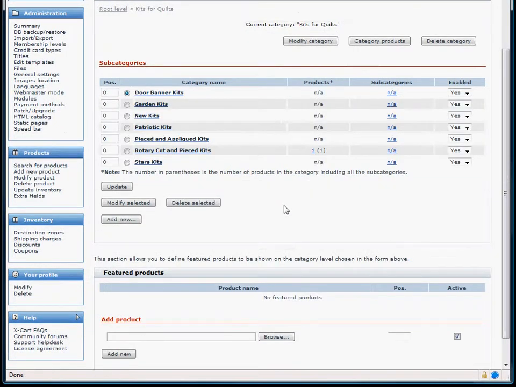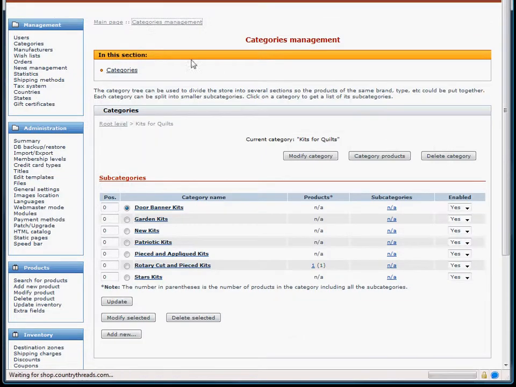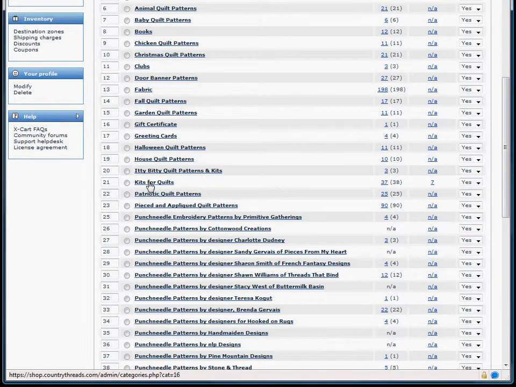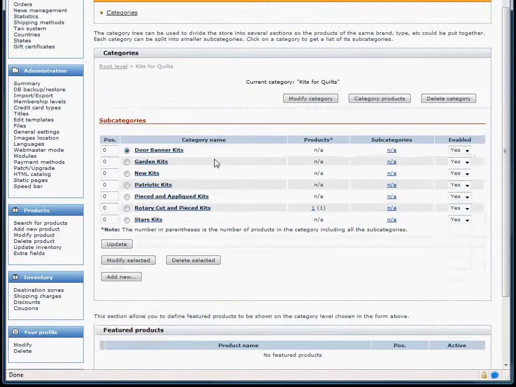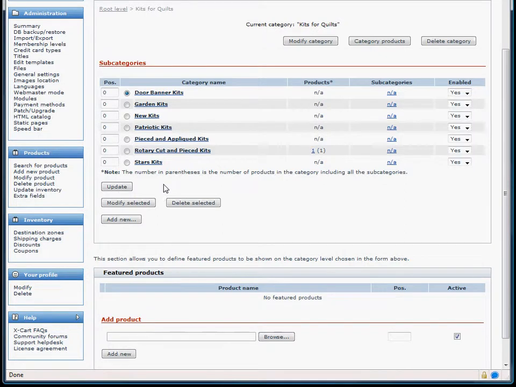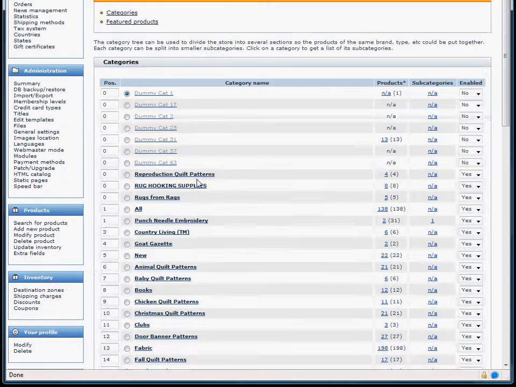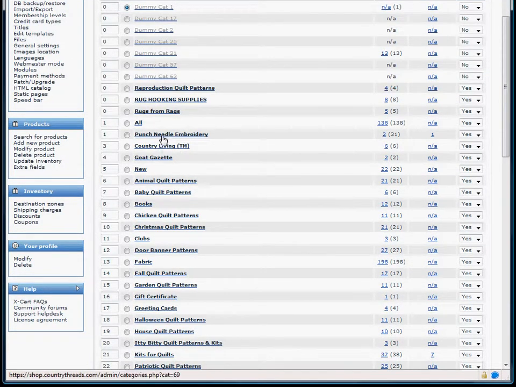So it works very much like you're looking at a level at a time, and you're always looking at subcategories of the category that you selected. Here, I'll show you again. If we're looking at this category, for example, Kits for Quilts, then you're looking at the subcategories of Kits for Quilts. If you wanted to look at the subcategories of, say, punch needle embroidery,